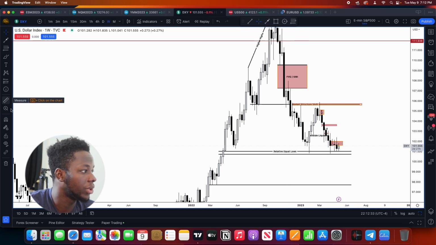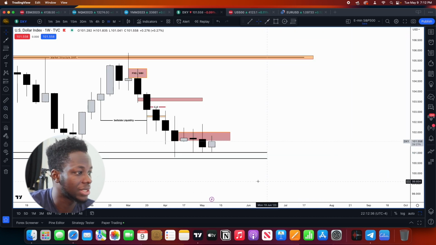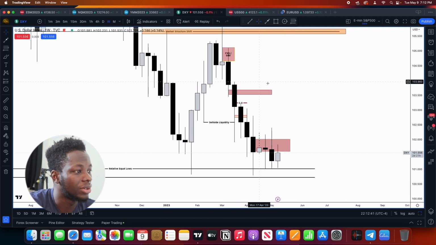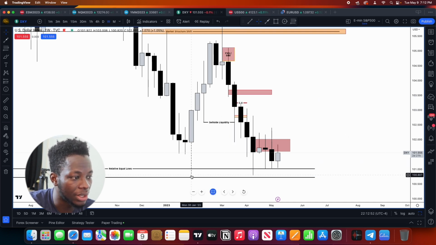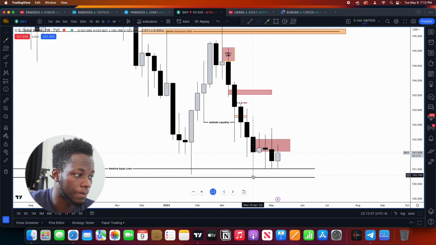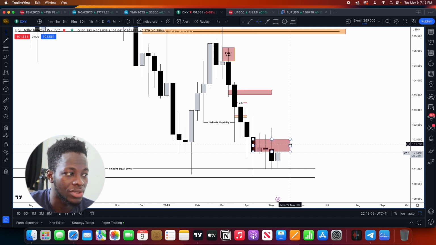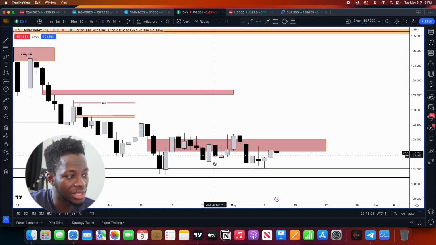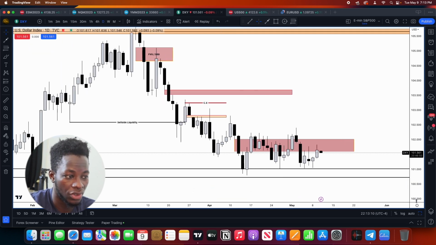But as you can see on the weekly time frame, the weekly is not giving us that much to work with. We have a fair value gap here that we never traded back to. We ran this sell side liquidity, which was expected. We created an equal low, which is telling us that we have sell side liquidity, that there are players in the market residing below this level, and price may potentially want to come down and take these players out. So we are going to base our analysis on what DXY has been doing on the daily time frame as of lately.